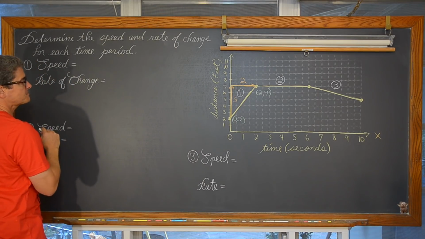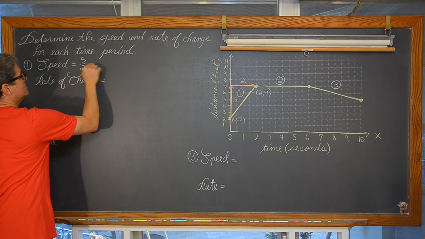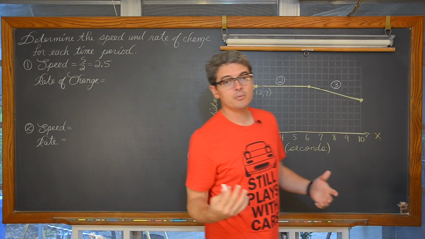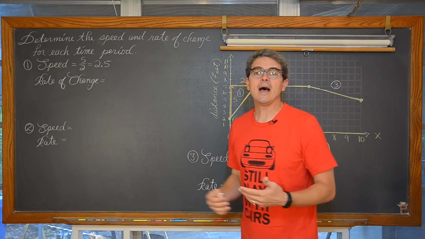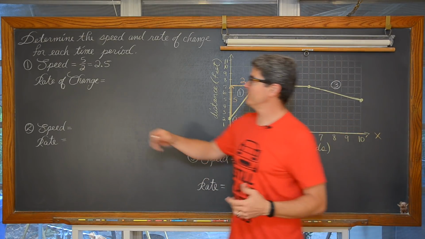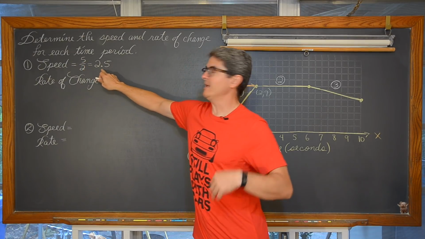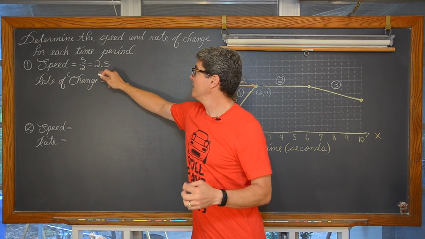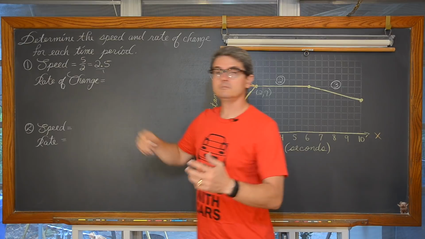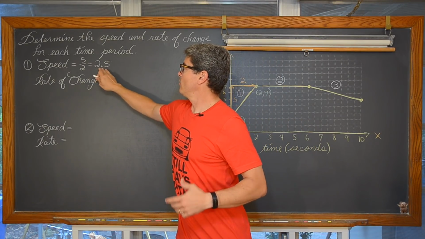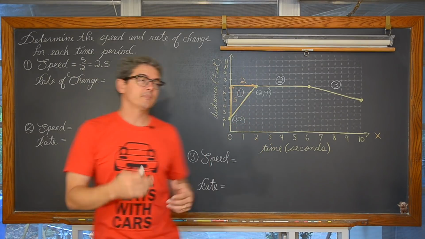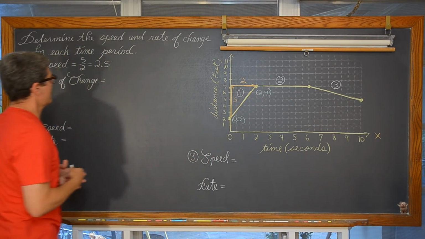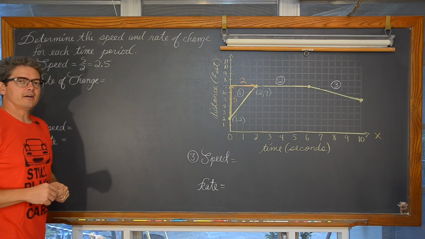So our speed is 5 divided by 2, or 2.5. Now 2.5 what? When you say slope, you can say that slope is 5 halves, or 2.5. And by the way, now that I have divided 5 by 2 and written it as a decimal, the decimal does not make this a unit rate, but the fact that the denominator is now 1 makes it a unit rate. And I can describe what this number means as a unit rate better than as simply rise over run. Rise over run is really only good for graphing a line on an XY axis. So what does this 2.5 mean?